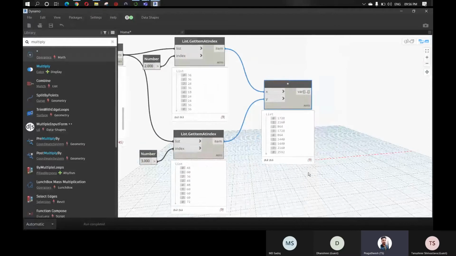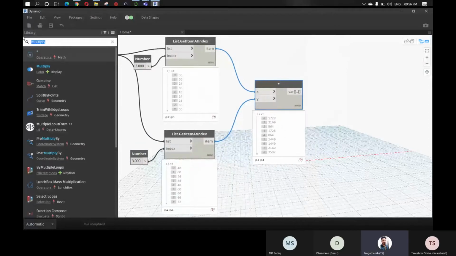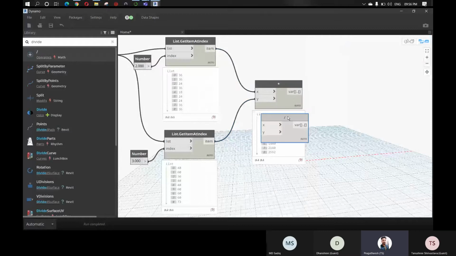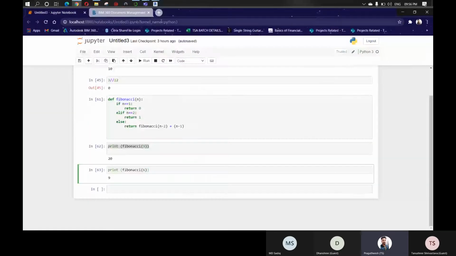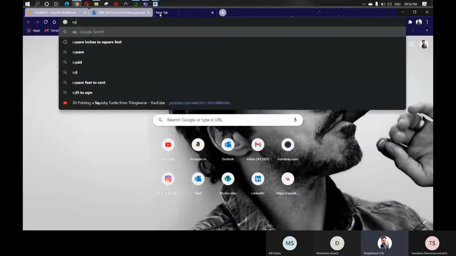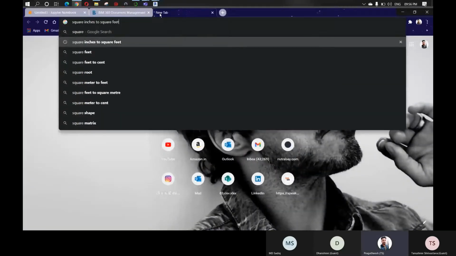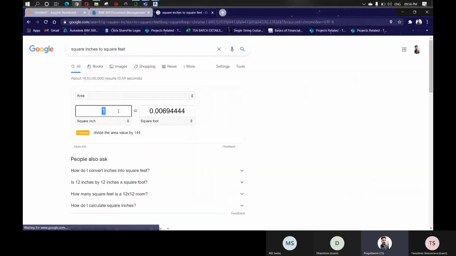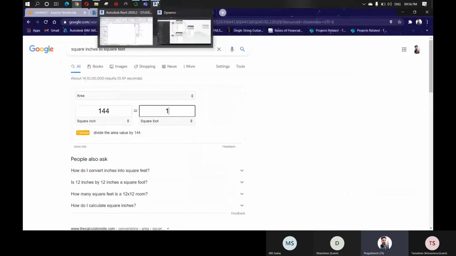So in that case, just divide it. You can just divide each of these numbers by 144, which is the conversion factor of square inches to square feet, I guess, right? Yeah, so we have to divide it by 144.